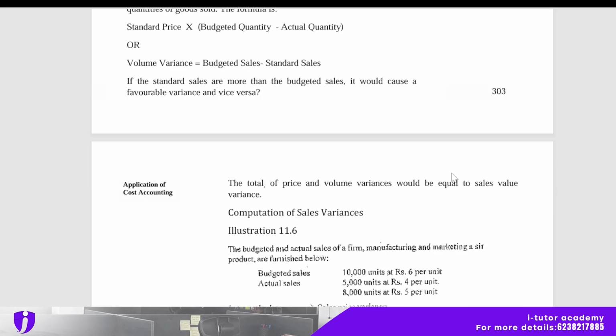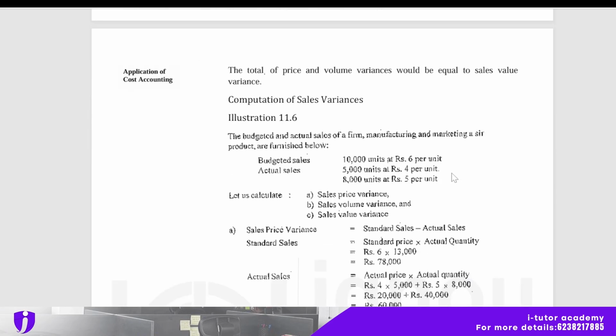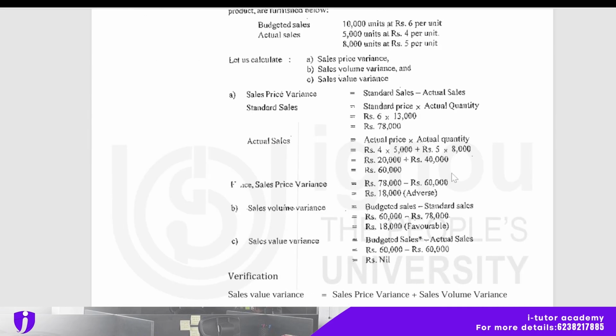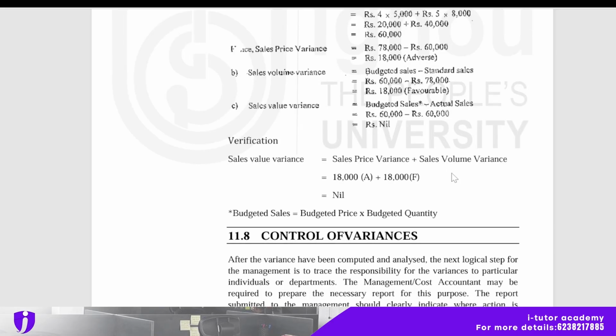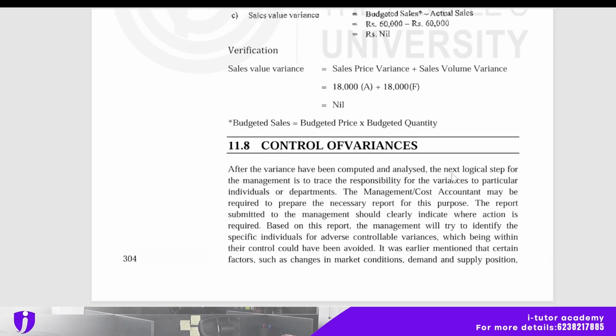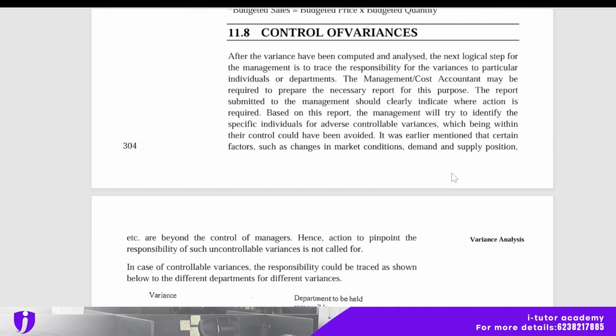If the standard sales are more than the budgeted sales, it would cause a favorable variance and vice versa. So computation of sales variance is here. You just go through it, and verification is also here. Sales value variance is equal to sales price variance plus sales volume variance, and budgeted sales equal budgeted price into budgeted quantity. Okay, so just remember this equation. It will help you for your